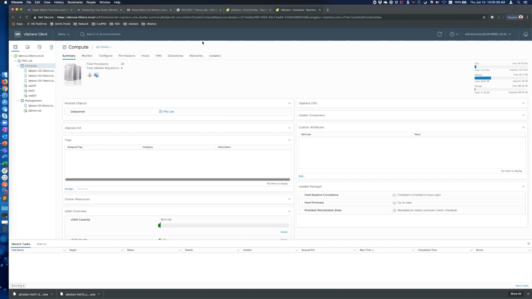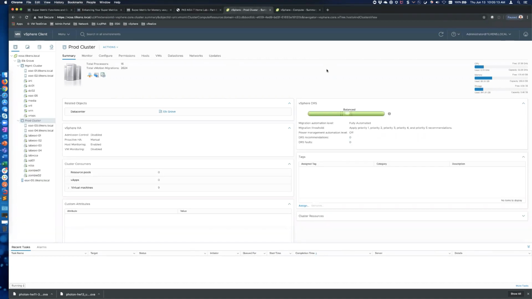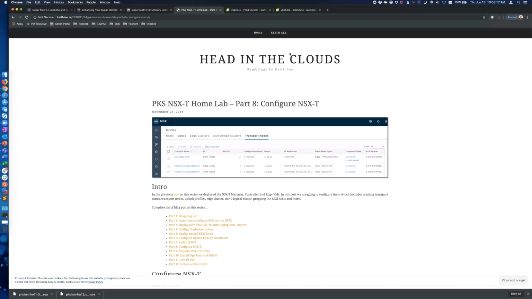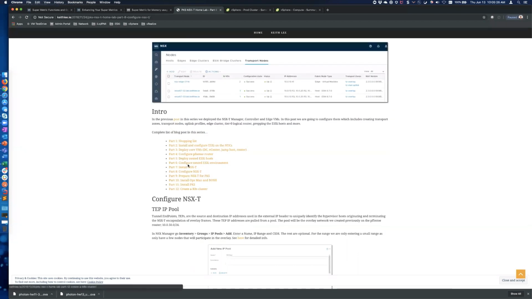The reason it's set up this way is there is a blog that Keith Lee put out all around installing PKS in a lab environment. So that's ultimately what I want to do, is get to PKS, but NSX-T is a prerequisite for that, right? He did a great 12-part blog series, and it walks you through every step. So that's essentially what I did to get to steps 7 and 8, which we'll be doing here today, installing